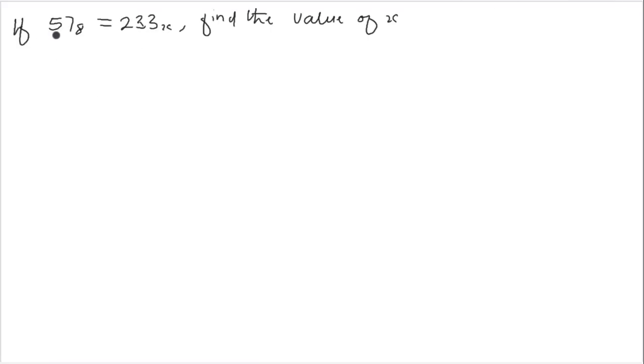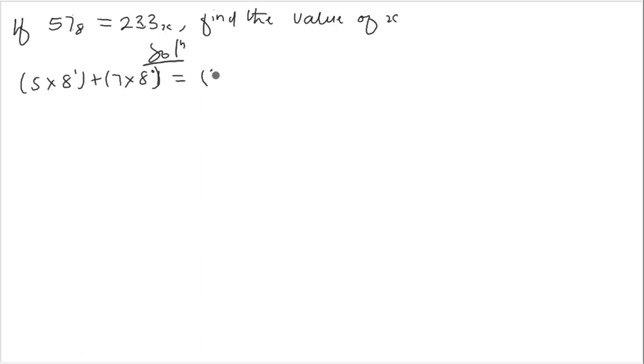Alright, so if 57 base 8 is equal to 233 base x, we have to find the value of x. The same way we change this one to base 10, this one too is not in base 10, so we change that one to base 10. So this one will be 0, 1, so 5 multiplying 8 to the power 1 plus 7 multiplying 8 to the power 0,